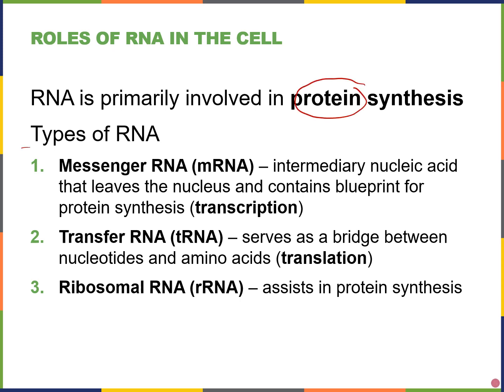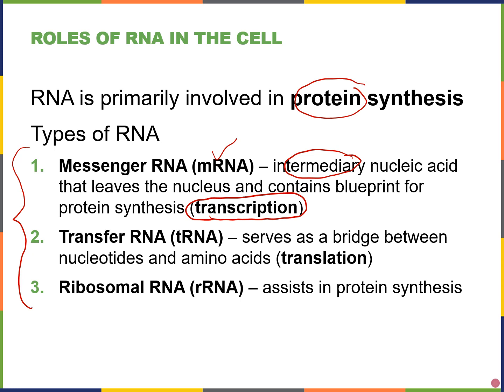And there are three types of RNA that are involved in the synthesis of proteins. The first one is messenger RNA, also known as mRNA. And this is really like an intermediate nucleic acid. I say intermediate because we start with DNA. DNA will go through a process called transcription in order to produce mRNA. And mRNA usually leaves the nucleus in eukaryotes in order to go through further changes to produce our eventual polypeptide